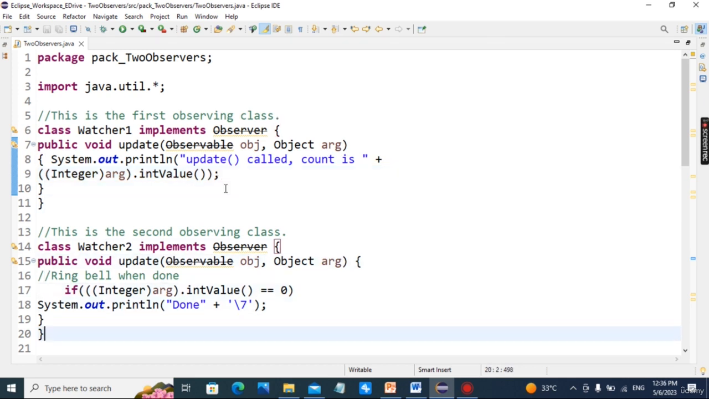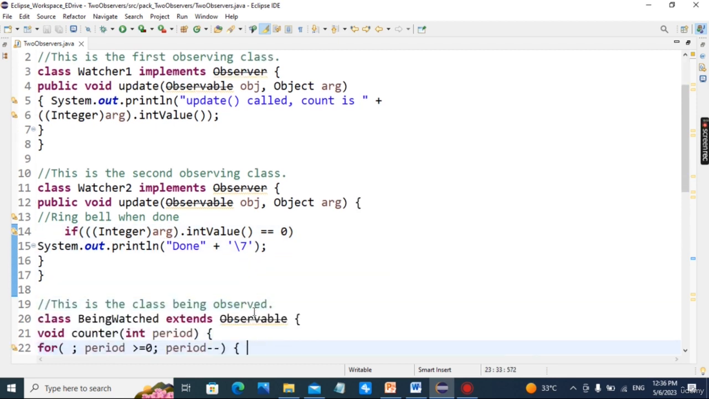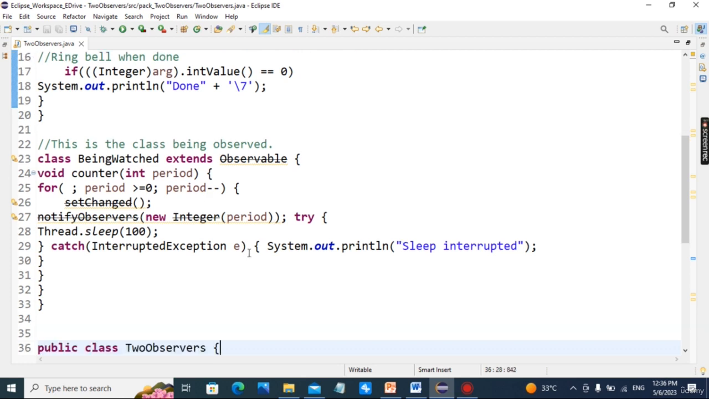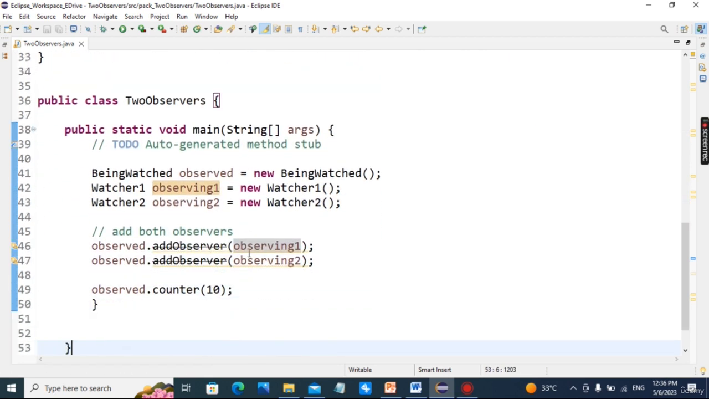this much. Second, if the integer argument value is equal to 0, meaning the decrement is done completely, what will happen? Ring the bell. Instead of ringing a bell, it is displaying the done message. So this is the BeingWatched class, same implementation as before, and this is the two observers main class